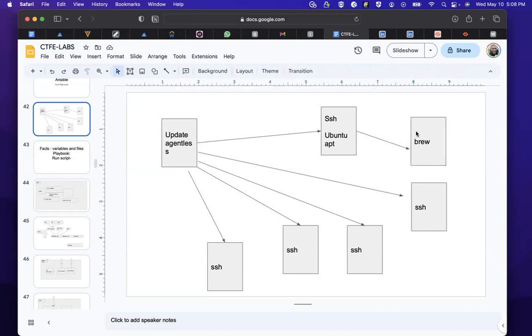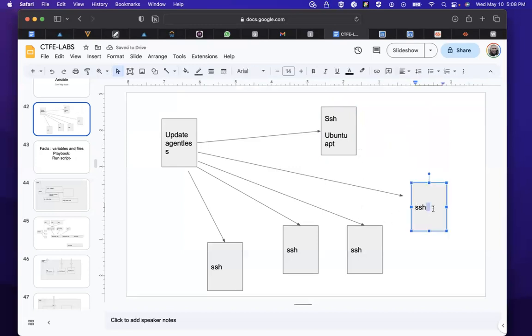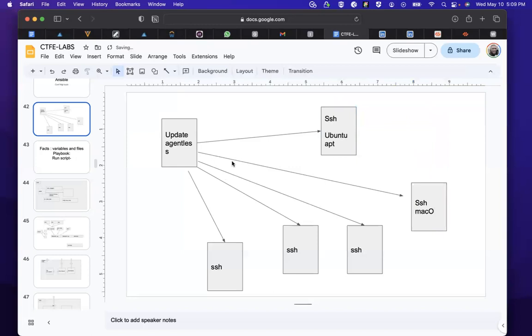So let's remove this slide so as not to confuse us. I'm trying to explain about past things. Okay, if this is a MacBook, Mac OS, what you can do is write a playbook that manages all Ubuntu, and you can also write another playbook that manages all Mac OS. So it's the same kind of playbook, but you define the server it is going to run on.